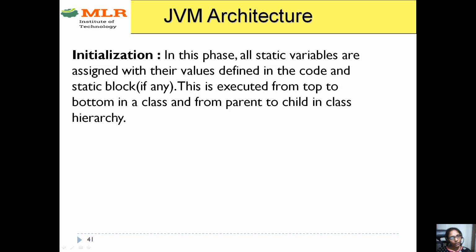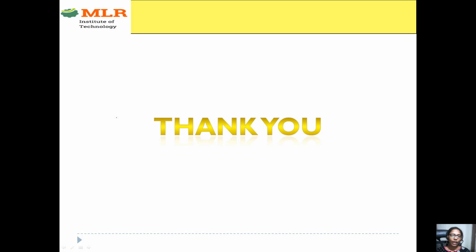So these are the different duties of JVM. And also, here we have not mentioned the interpreter, which is also part of JVM, and which will perform error checking. At the second level, at the compiler level, we are checking the errors, and within the JVM also we are checking the errors. So this is about JVM architecture and the functions of JVM.